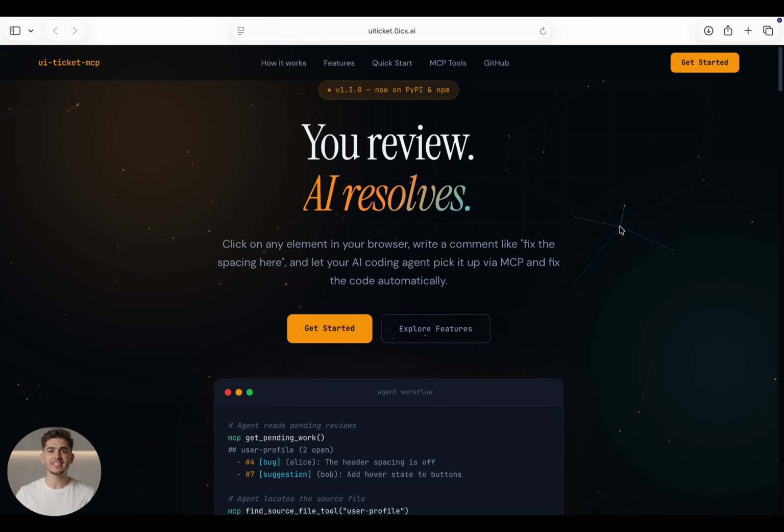This is the real problem. It's not about bad code. It's not about incompetent people. Nobody simply has a way to point at something in a browser and say, "Fix this." And for the person fixing it to know exactly what, where, and how. Until now. And this is exactly where